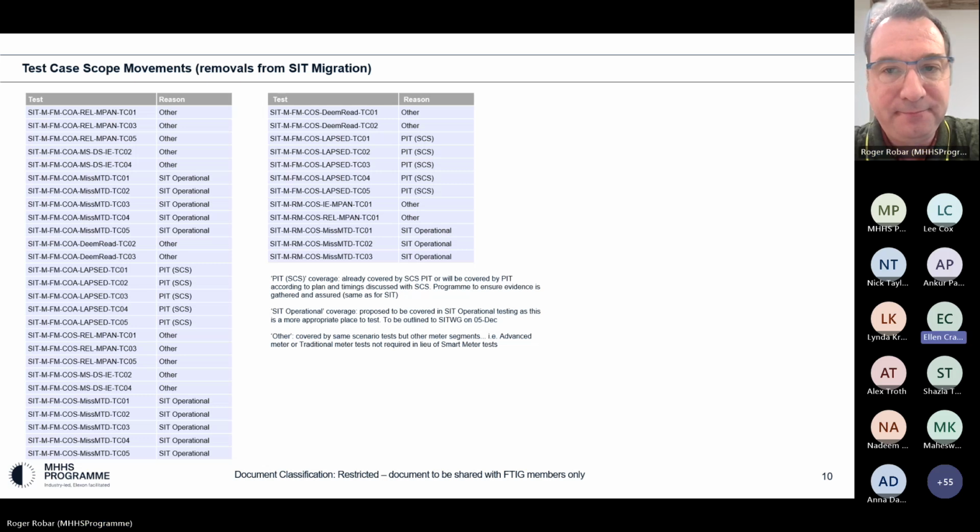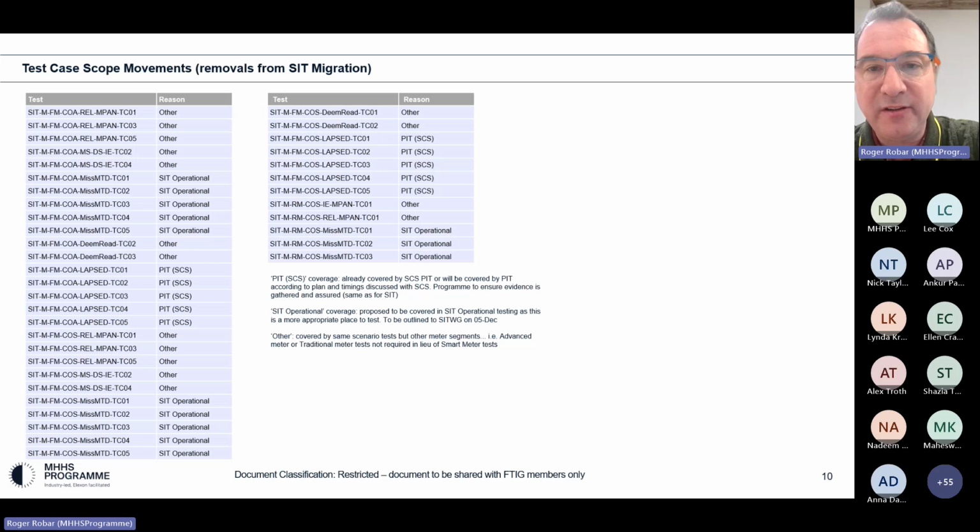That is the plan. And the communication of that will come again via SIT working group, SITAG, and then uplift communications. I think initially through the normal uplift communications that Kevin's team have been doing for minor changes to test cases, but we will definitely be going through the governance process.